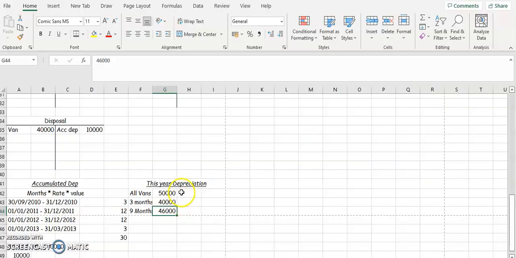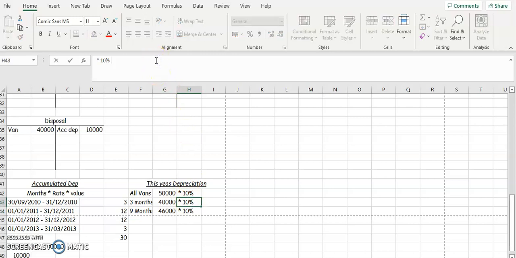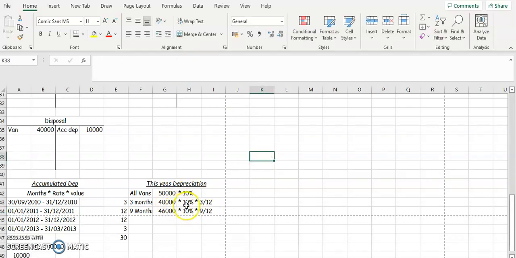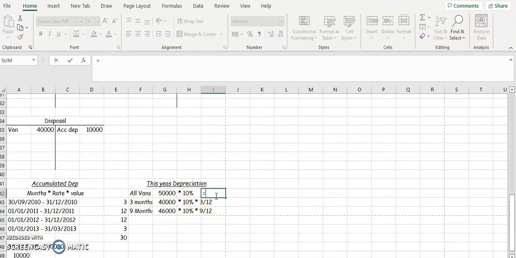So we're going to take these figures and multiply them by the rate, by 10%, because it's for the full year. So we multiply each one of these by 10%, because that's the rate of depreciation. And then for the first one, we're going to multiply it by 3/12, because that's how long we've had it for. And the second one, we're going to multiply by 9/12, because that's how long we had that vehicle for. So we're going to multiply these out, so 50,000